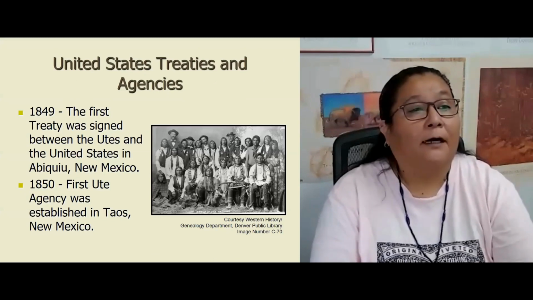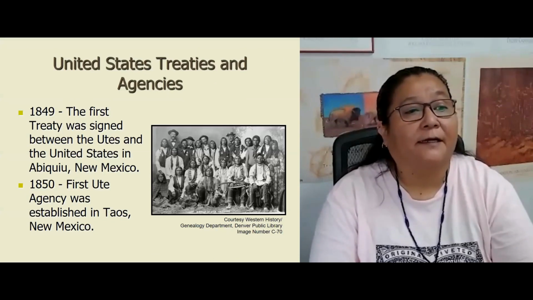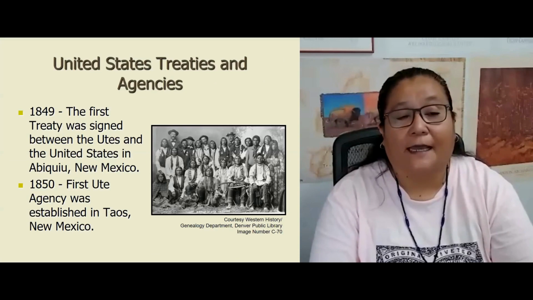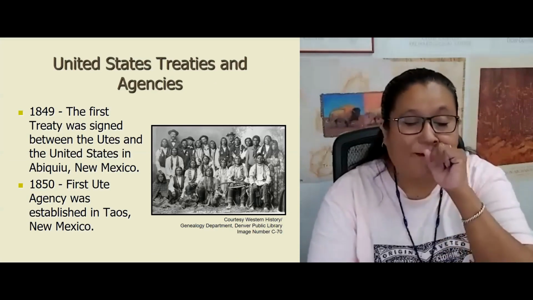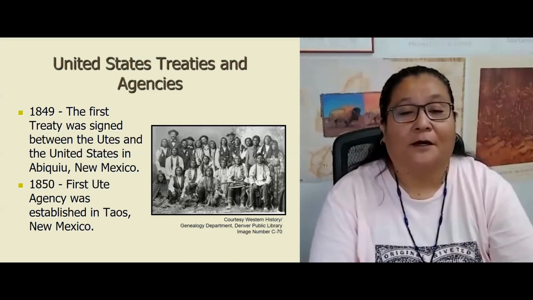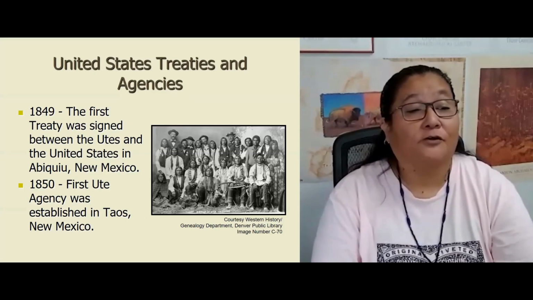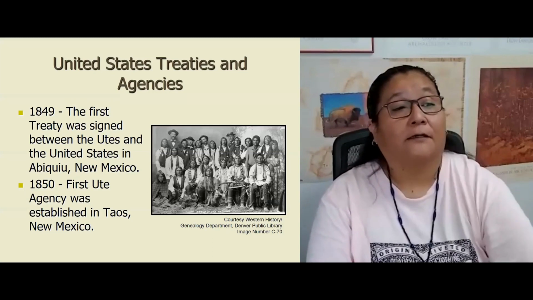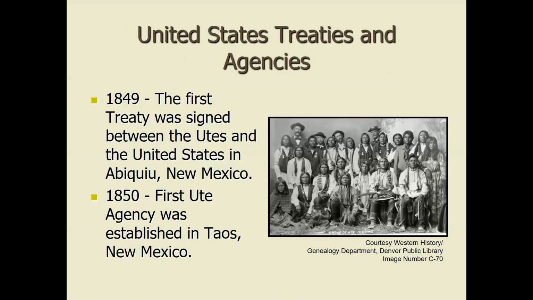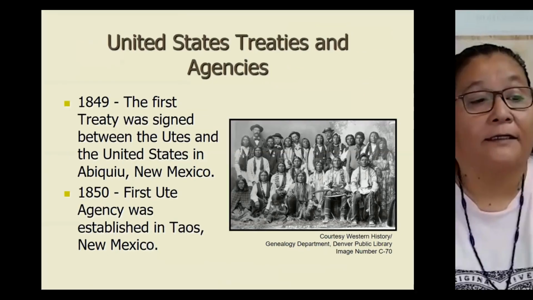1849, the first treaty was signed between Utes and the United States in Abiquiu. Today, Abiquiu is probably more famous by Georgia O'Keeffe. More people know about Georgia O'Keeffe. But this peace treaty that was signed in Abiquiu is like the Weenute, my people's area where they were at